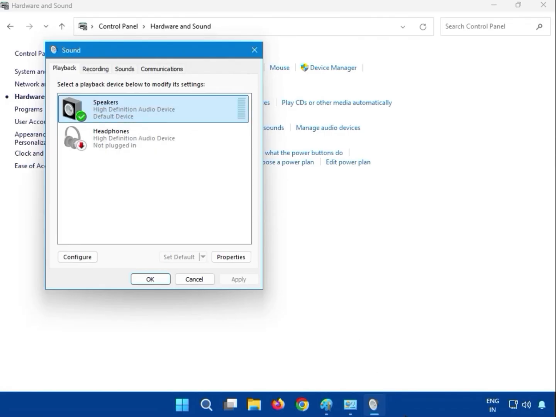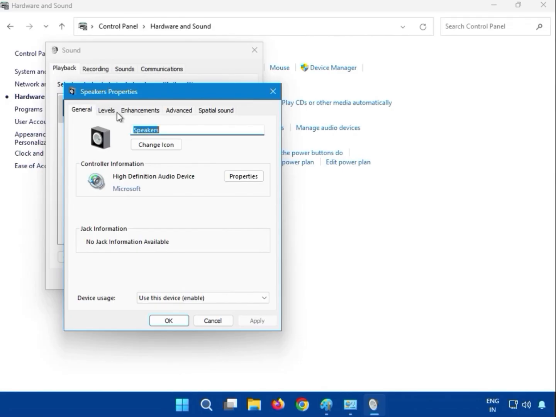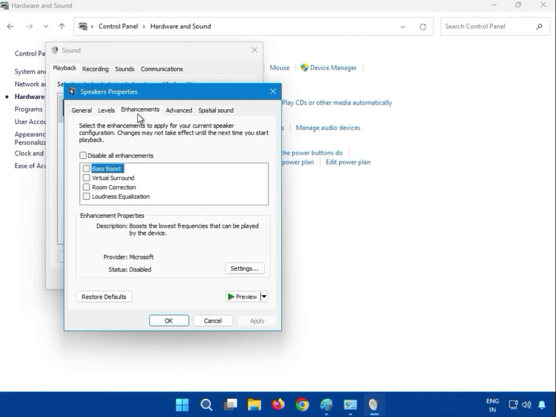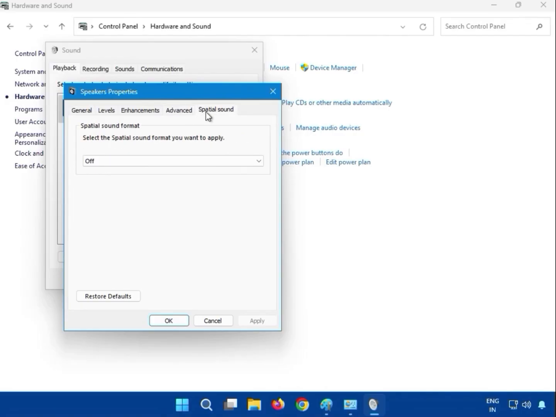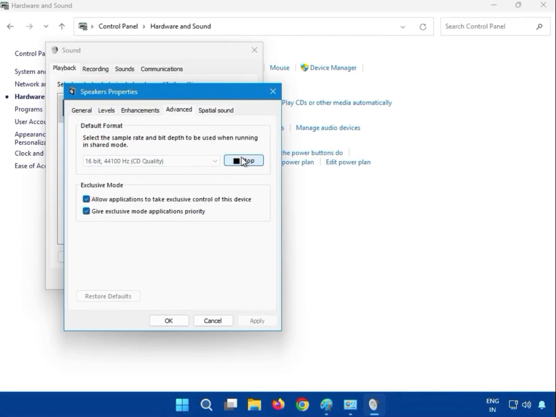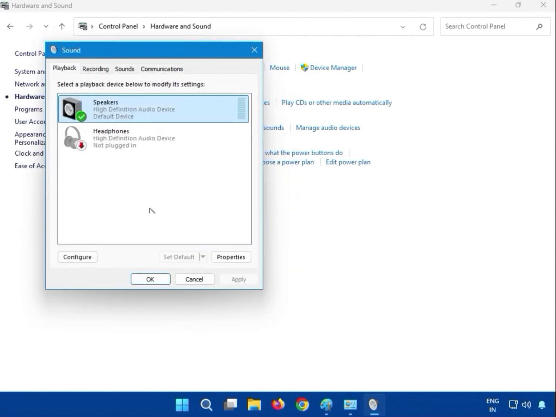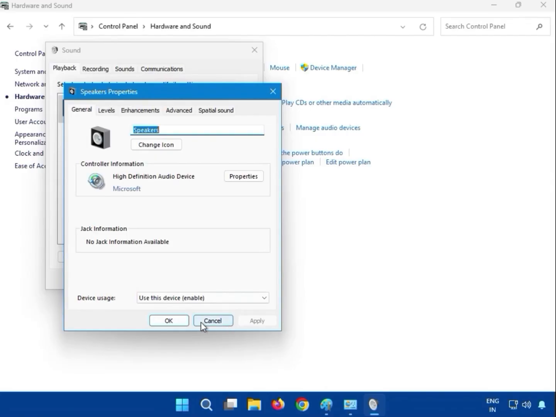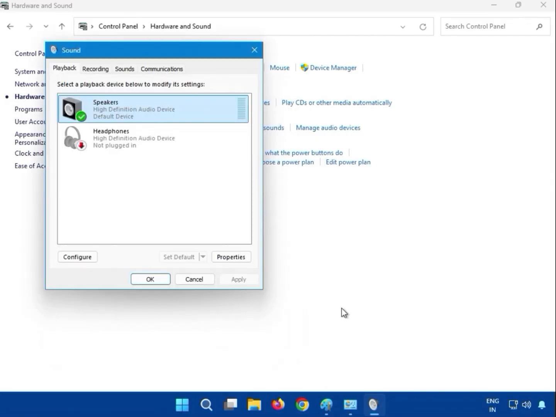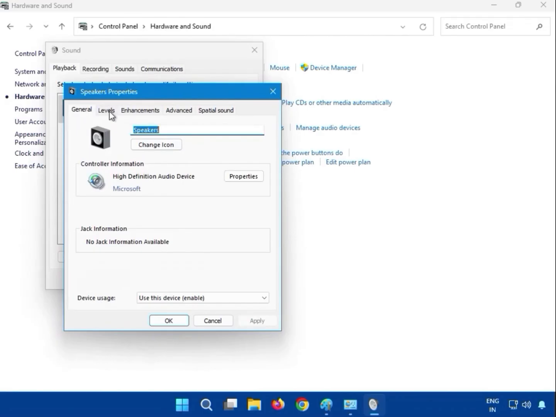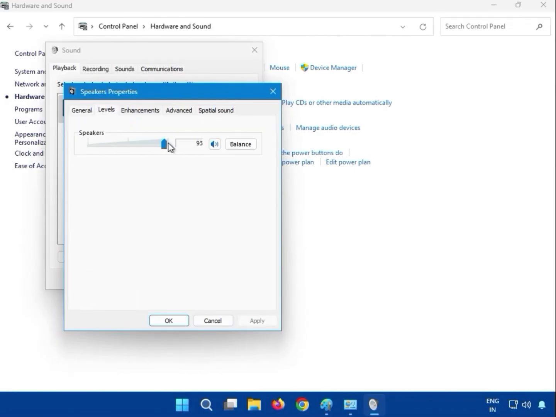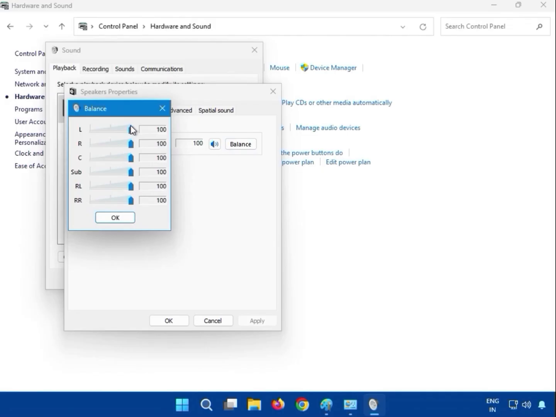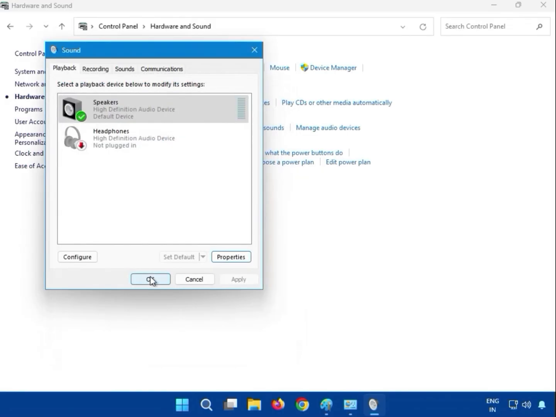Okay, then just double click and click to... you can see here like that. Okay, click to properties. So guys, select the level 100%. Okay, and you can see here balance on 100%. Okay, and then okay, and then okay,